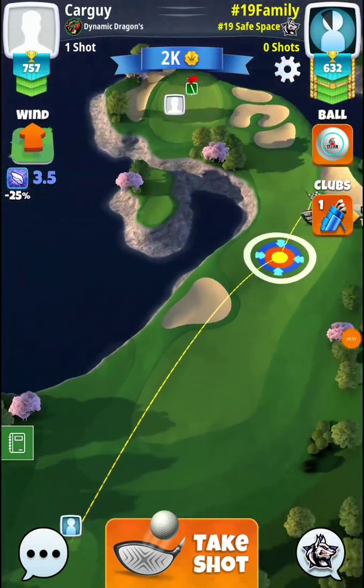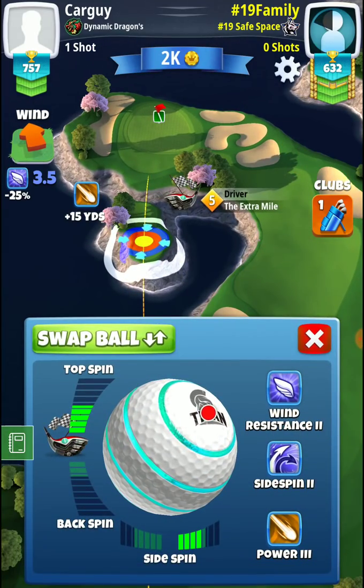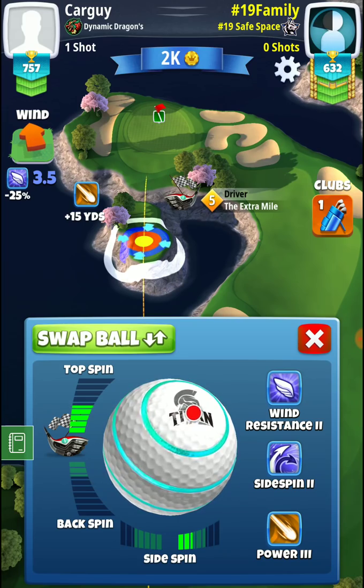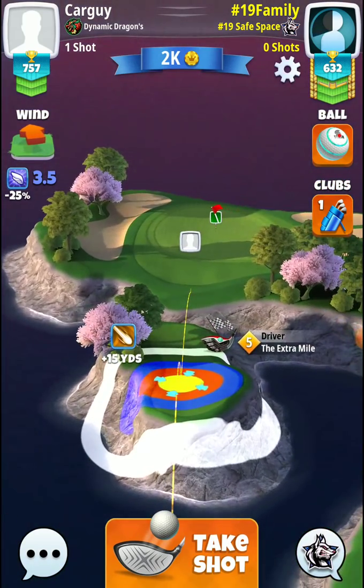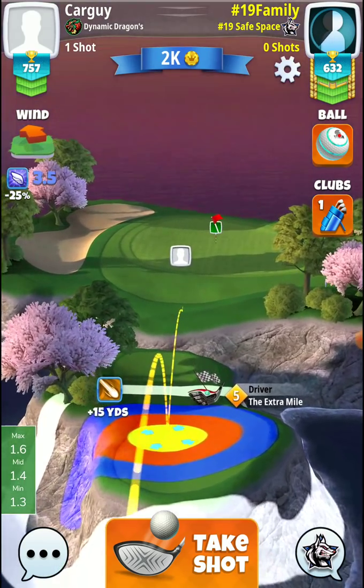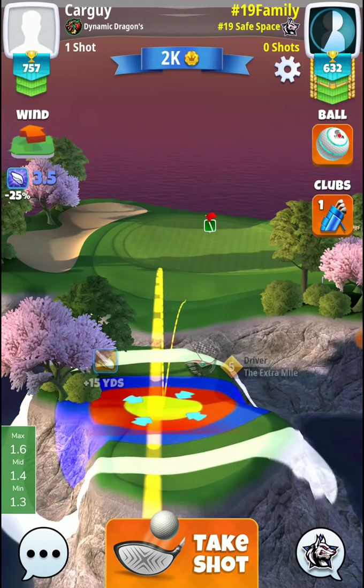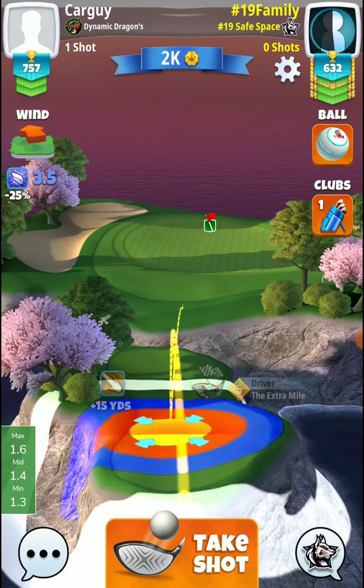Alright, so here we go. We've got our Titan ball out now. We'll go full top spin and 3 bars of right spin on this one. Let's see, 3.5 wind is going to put us 1.6 rings up. So our shot's going to be right up in here. And that means we want to go...